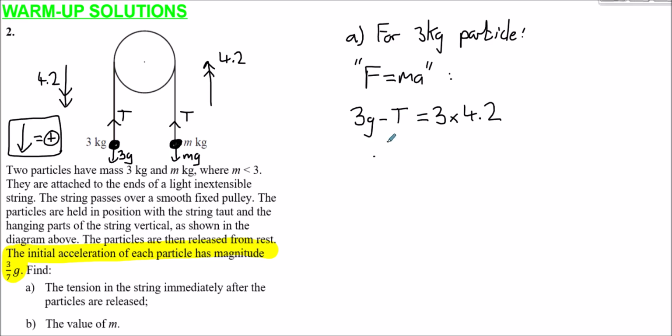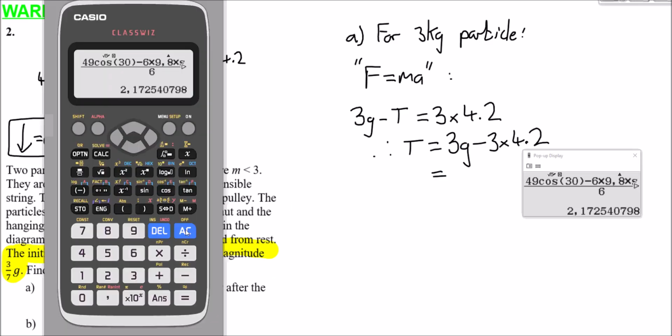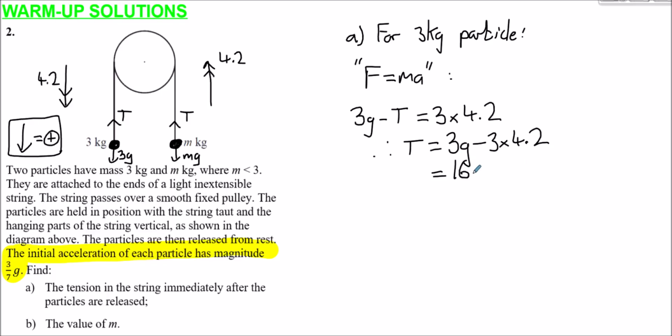We can then rearrange this quite easily, so therefore T will be 3g minus 3 times 4.2. So if we just calculate it, 3 times 9.8 minus 3 times 4.2, we get 16.8. And so the tension is 16.8 newtons. And for B, the value of m, we can now consider the second particle. So for the mass m,